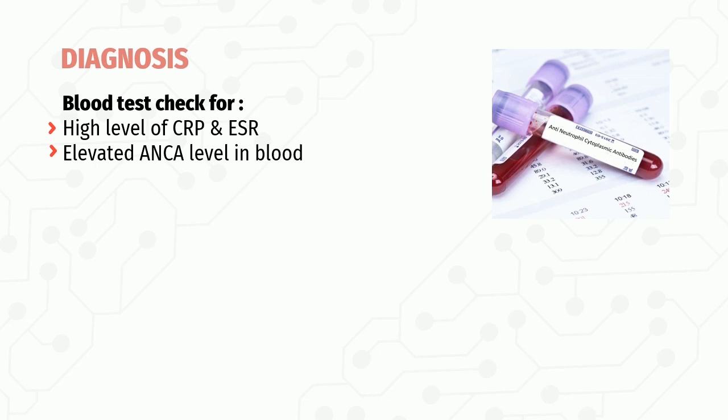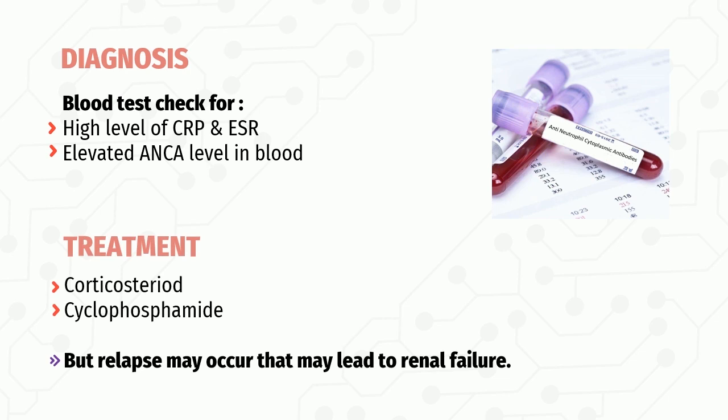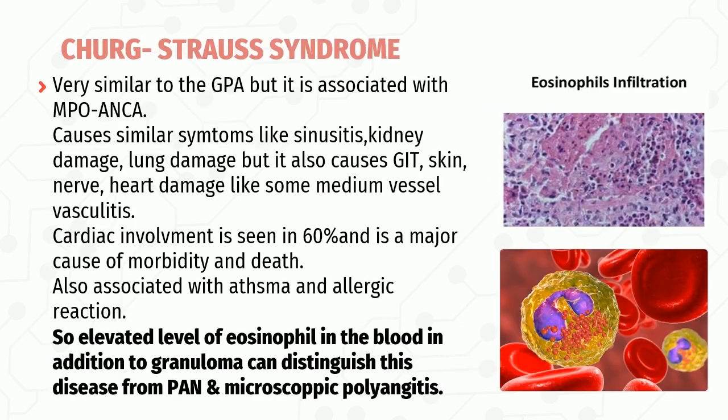Diagnosis is made by a blood test that checks for high levels of C-reactive protein and ESR and elevated levels of ANCA autoantibody in the blood, while the treatment is by corticosteroid and cyclophosphamide, but relapse may occur that may lead to renal failure. Moving to the second disease, Churg-Strauss syndrome, it is very similar to granulomatosis with polyangiitis, but